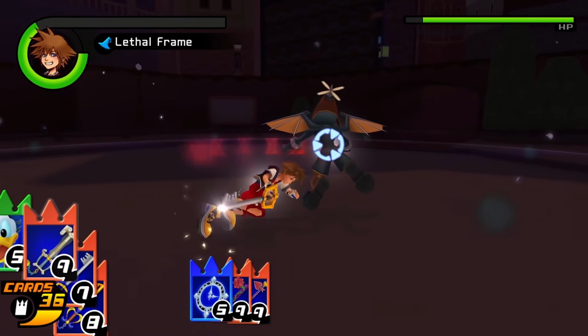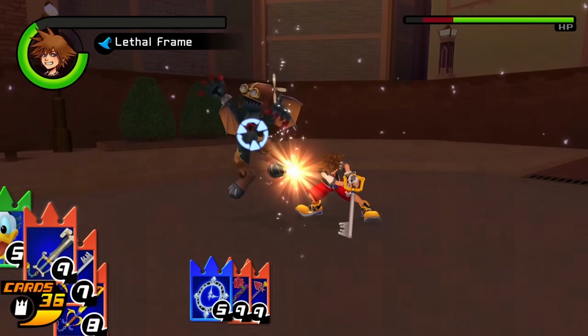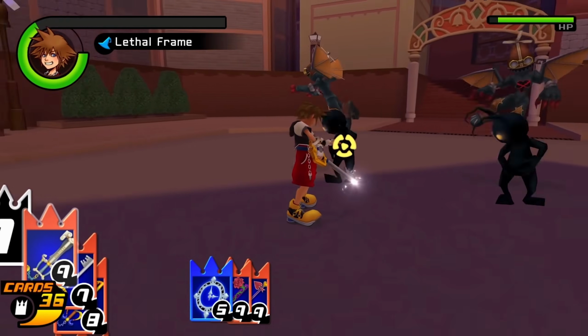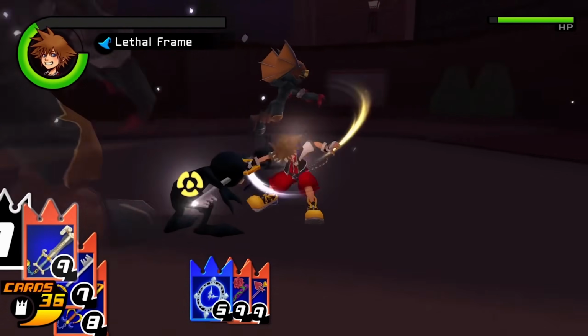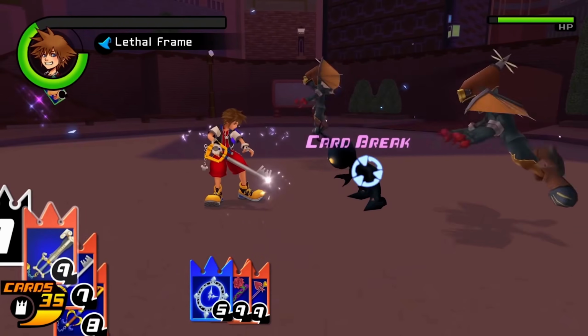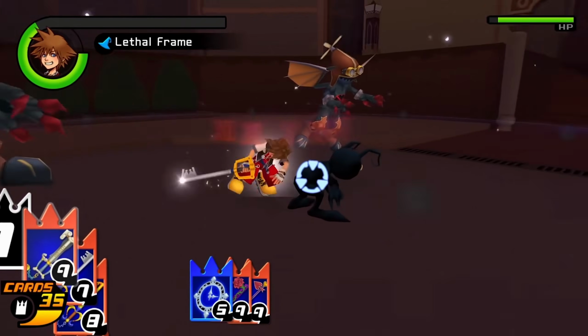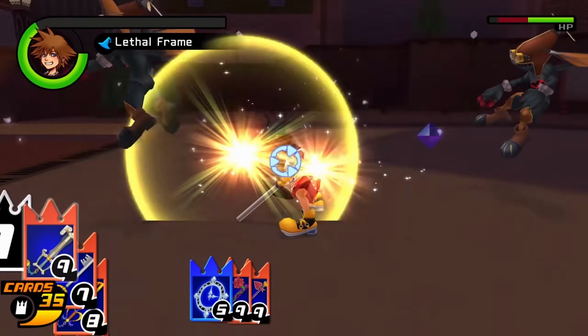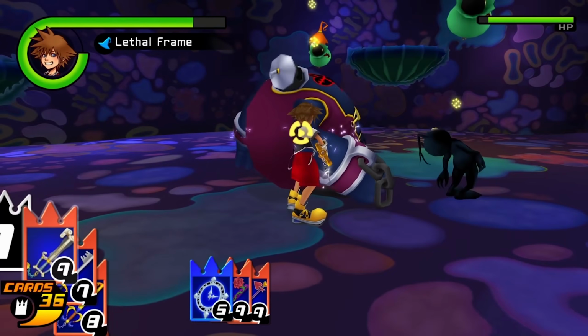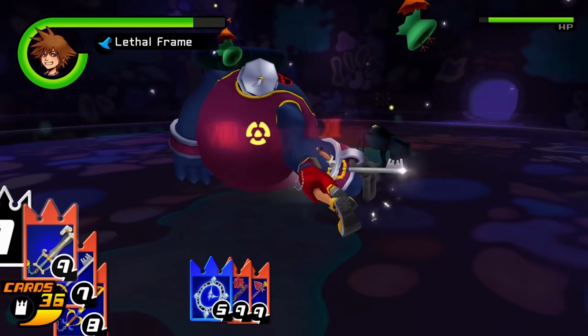Lethal Frame is probably one of the coolest abilities that Kingdom Hearts has really ever seen. It's an ability from Kingdom Hearts Chain of Memories where Sora basically stops time and anime slices through an enemy, performing a numerous amount of strikes to then resume time and they take the damage. It's seriously cool and anime as fuck. And we've never really seen it return. There was of course Time Splicer in Birth by Sleep, but for a mainline Kingdom Hearts game, we haven't seen